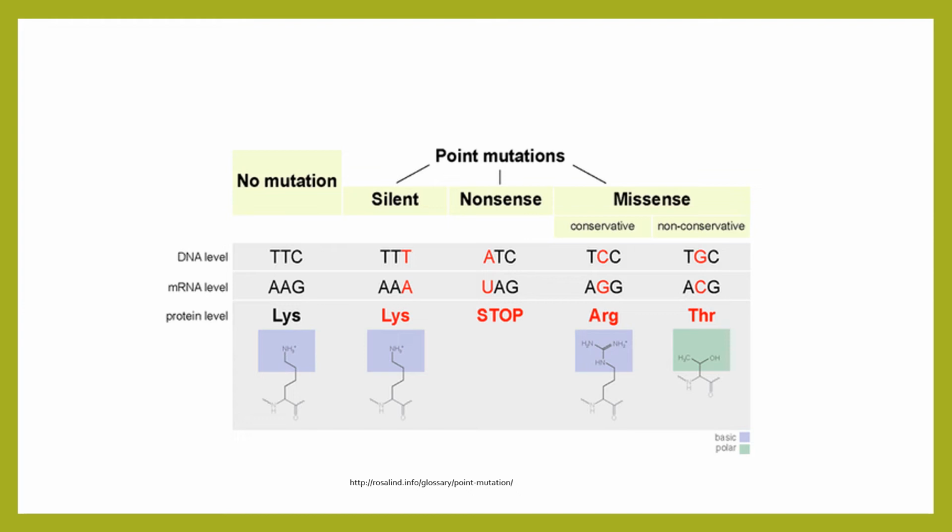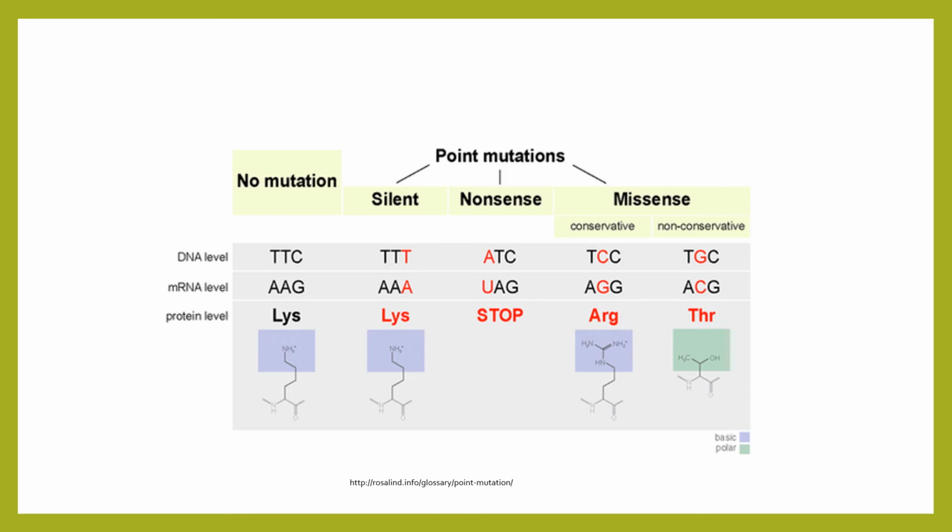If, on the other hand, instead of changing TTC to TCC, I were to change it to TGC, where that middle T is changed to a G, then when I transcribe to mRNA, I get ACG, and that ACG will now code for an amino acid called threonine. And this is a very different sort of amino acid. It's a polar molecule, and this will now change the structure of the protein, because when I throw in this